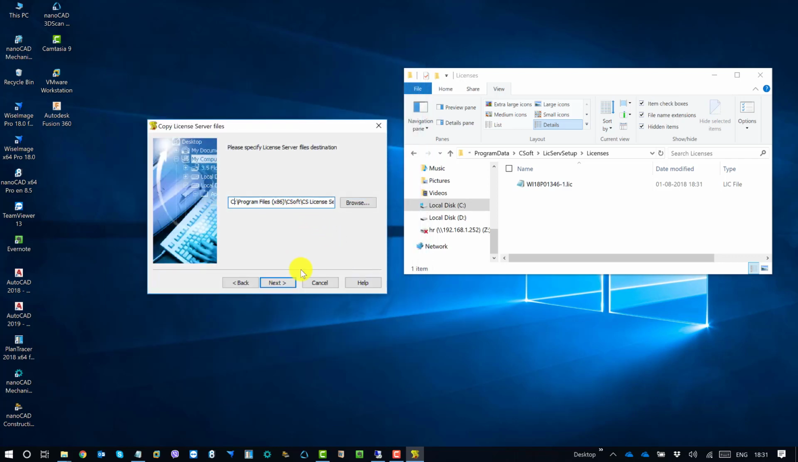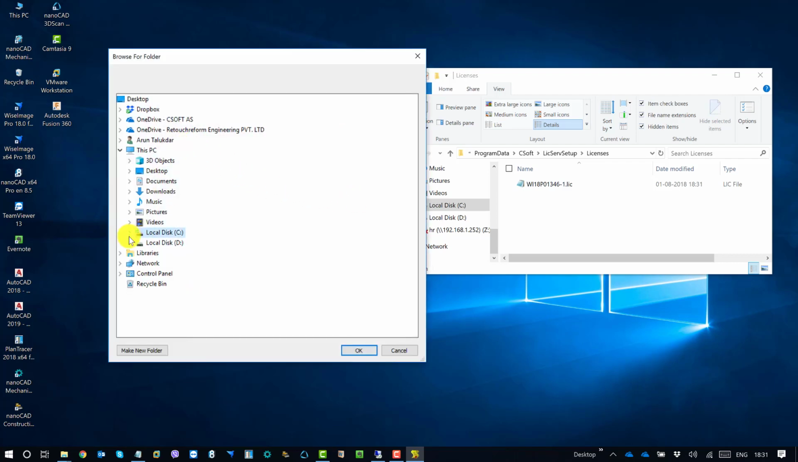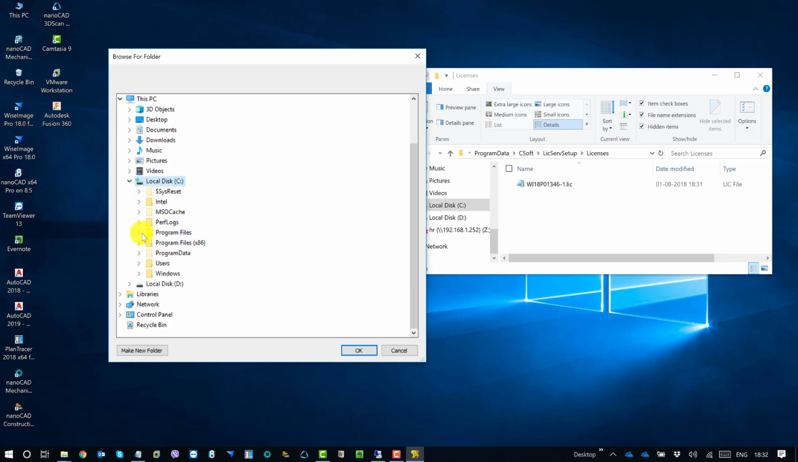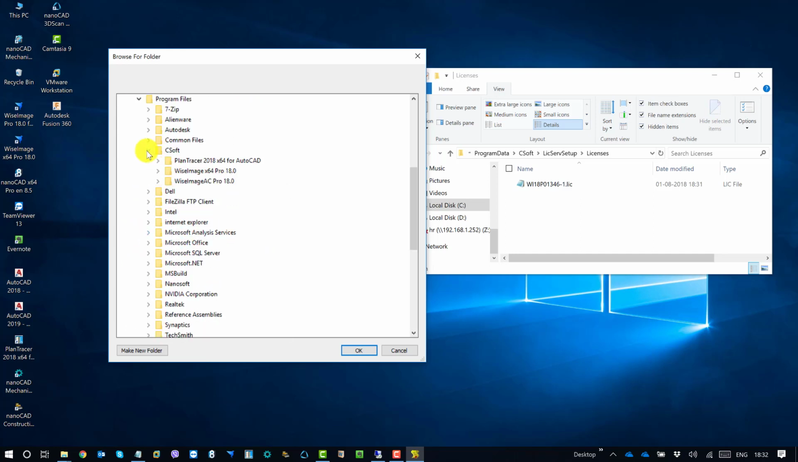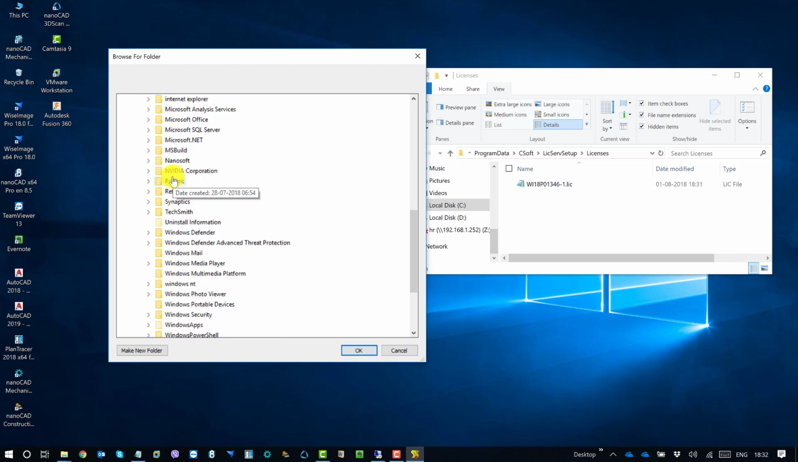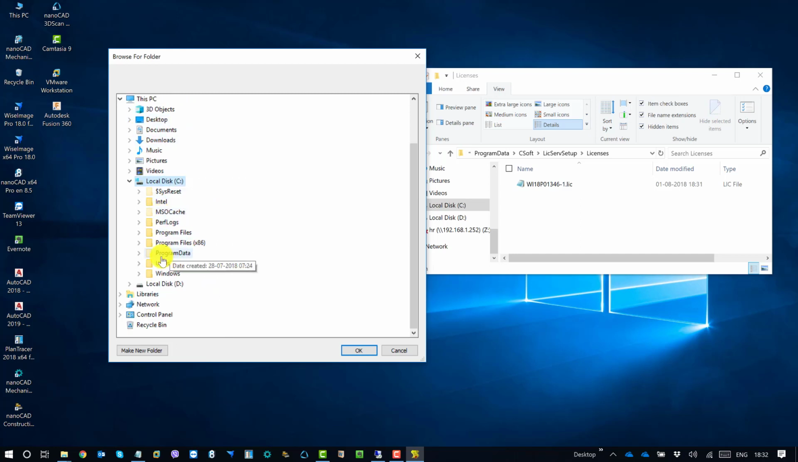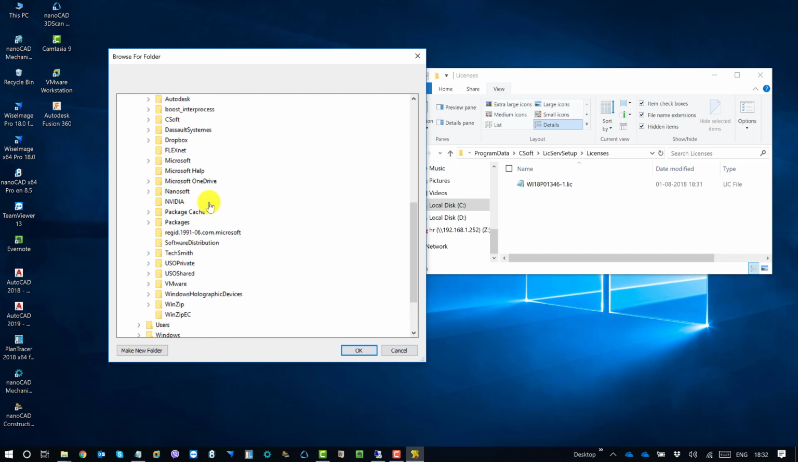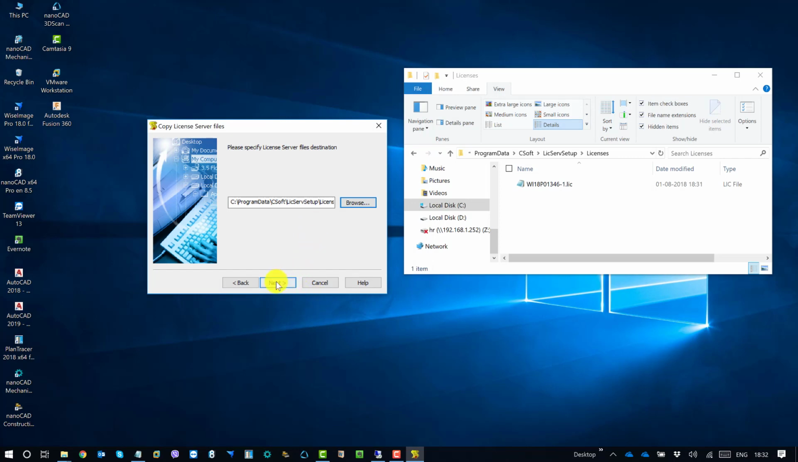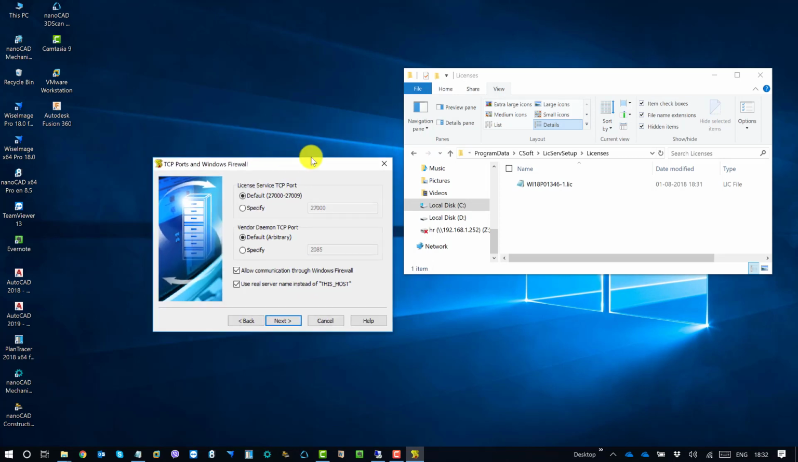You can see the file. Program files, I'll go to CSoft. Sorry, I should go to program data, CSoft, license server, and the license file. Next, and on this window,